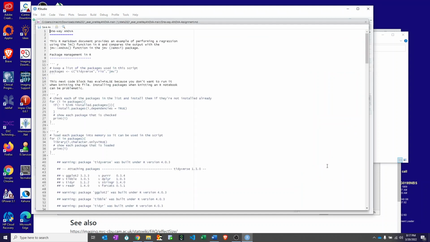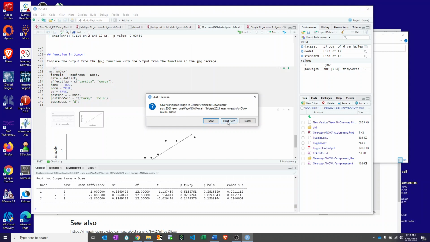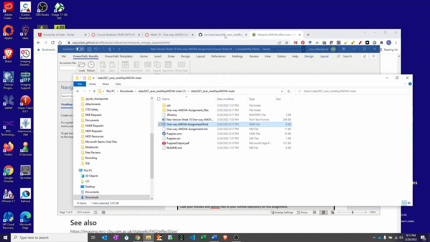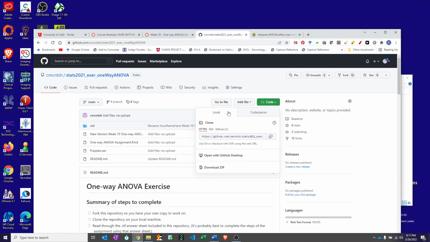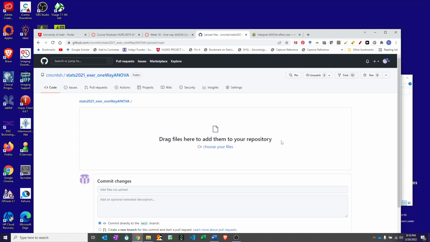You can see that it's putting some files in, and there's my pop-up with that, and that will be in my folder, so that should be okay. I don't need to save this workspace. I don't care about keeping that. And there's my One-way ANOVA markdown document. You would go back to your repository and go to add file and upload files, and you could